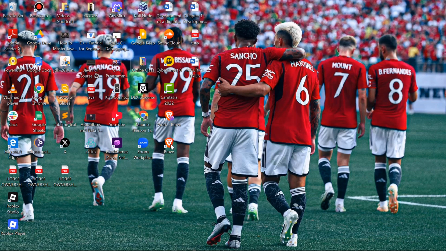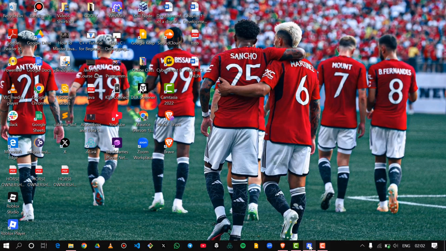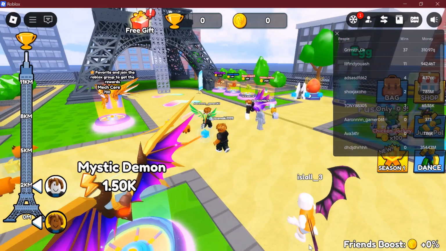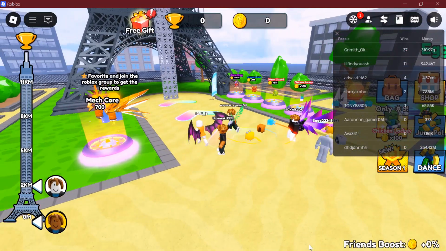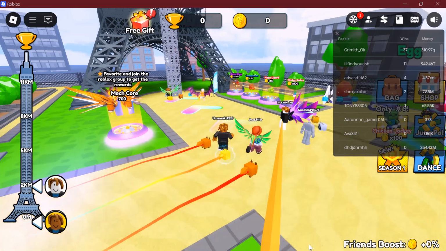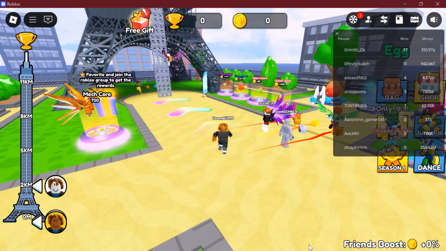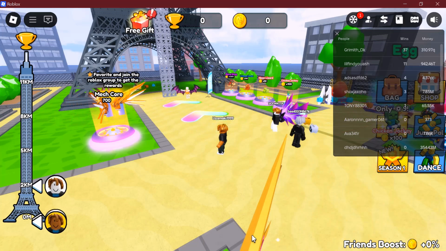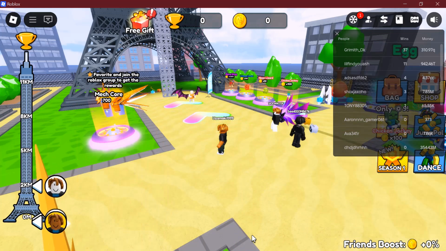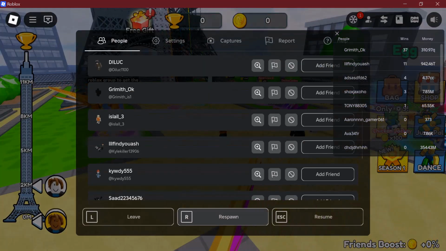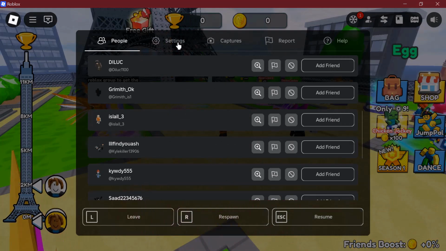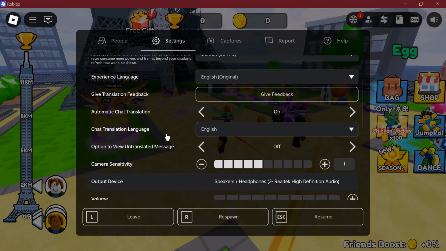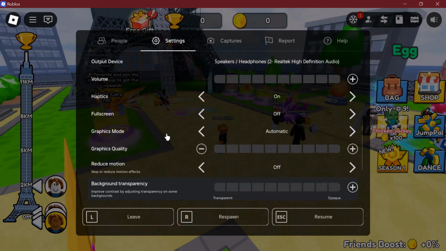Alright, so let's get into it. I already have Roblox installed and opened on my device. As you can see here, I'm moving around on my Roblox map. So how can you turn off or disable the UI navigation block on Roblox? It's quite simple. Use the escape key on your keyboard. This is Roblox on PC. So use the escape key. Once you've selected the escape key, head into your settings menu. Once on your settings menu, simply scroll till you find where we have